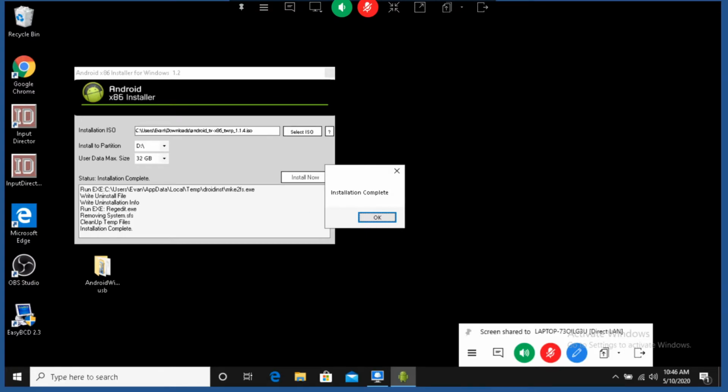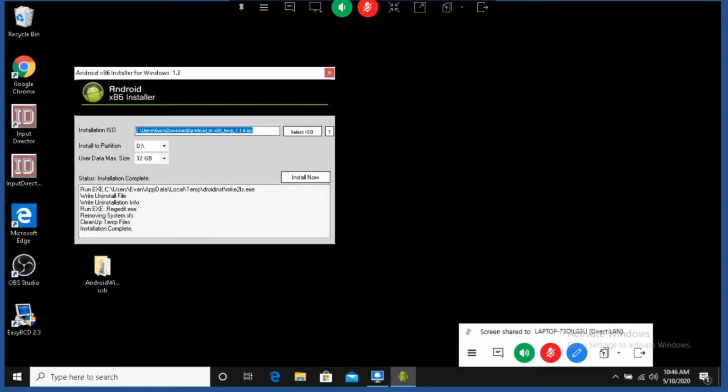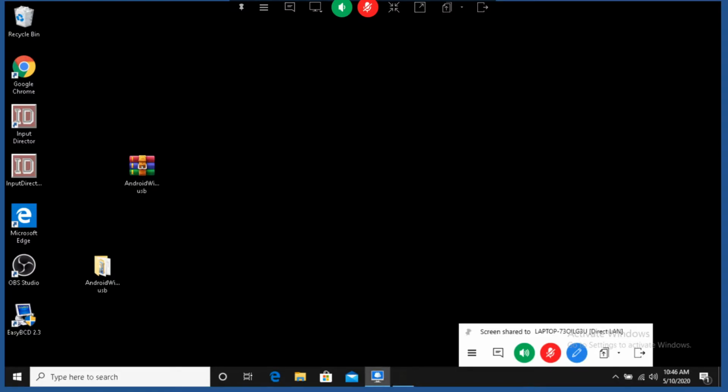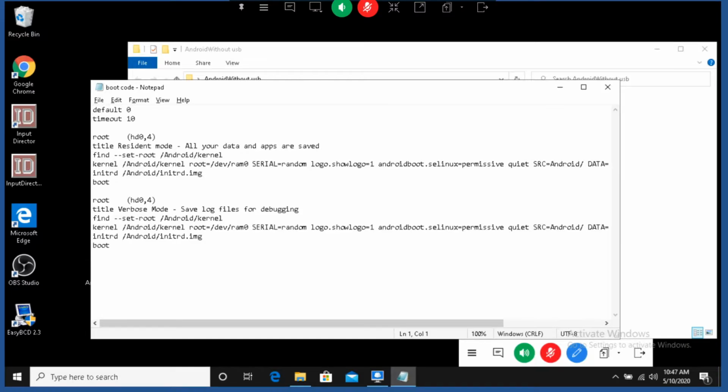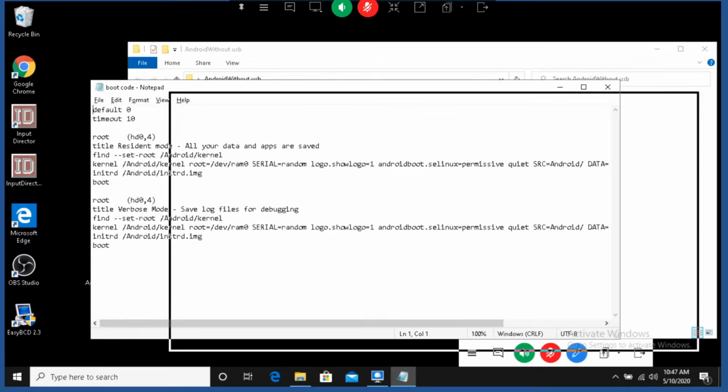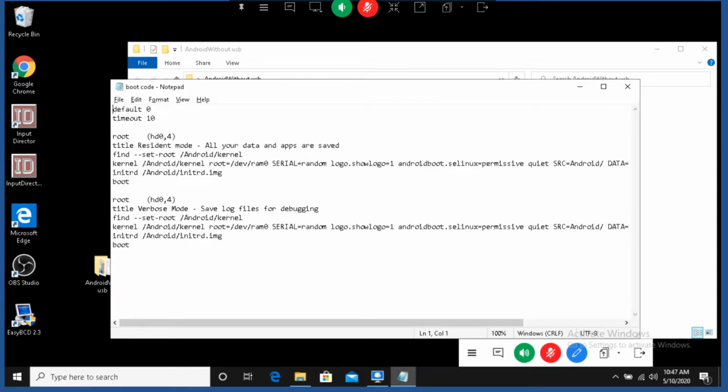Now you have to click OK, and then it should get out of it. Or you can close it. Now you go back in the folder. Let it load for me. You go and click on the boot code. Don't worry about anything it says in here. You can just copy and paste. But before you do that,